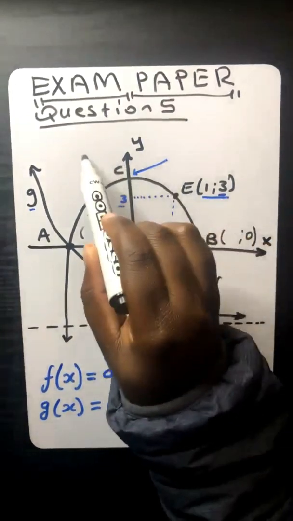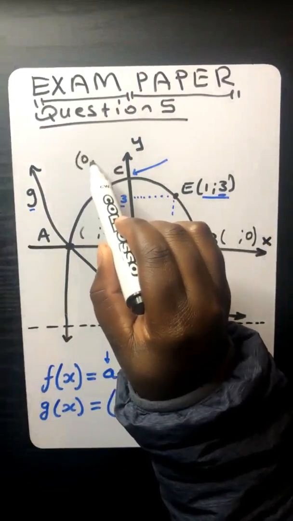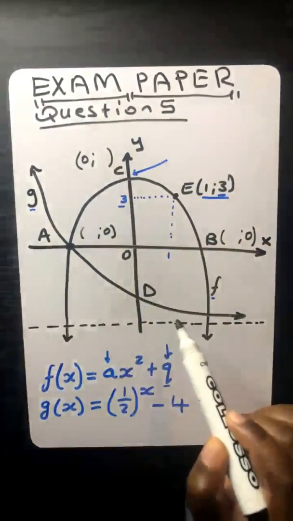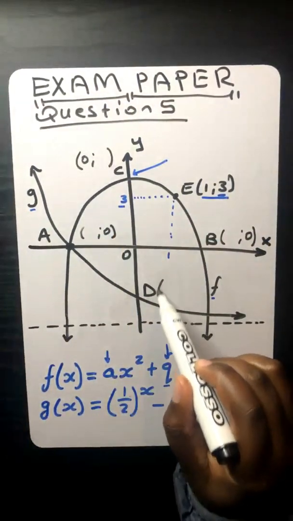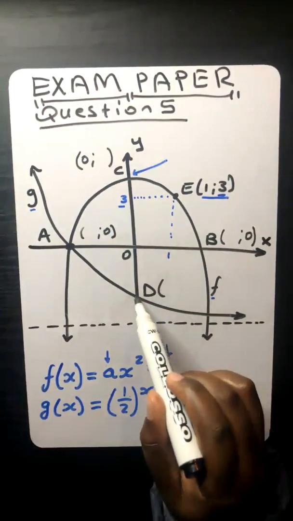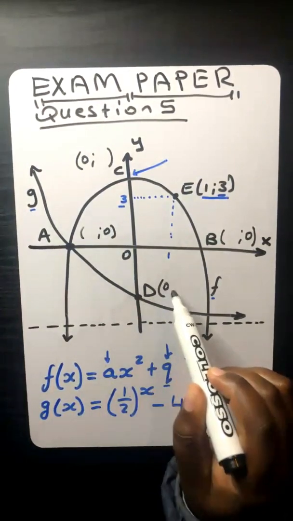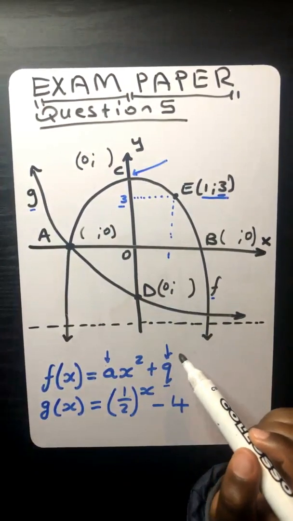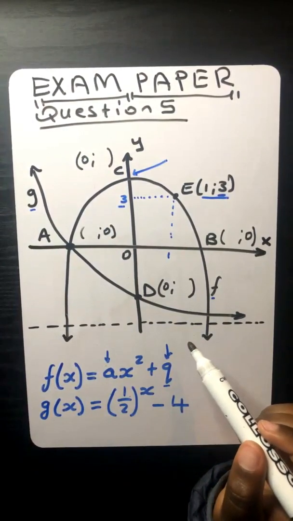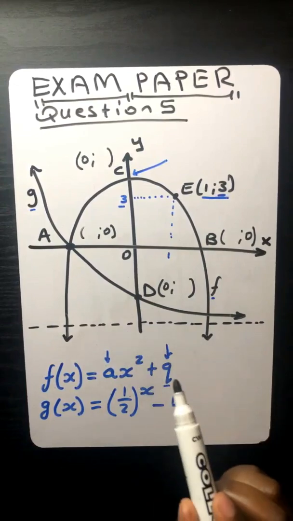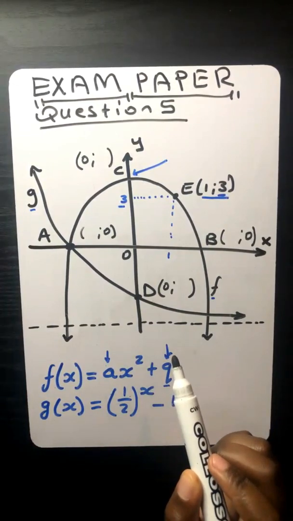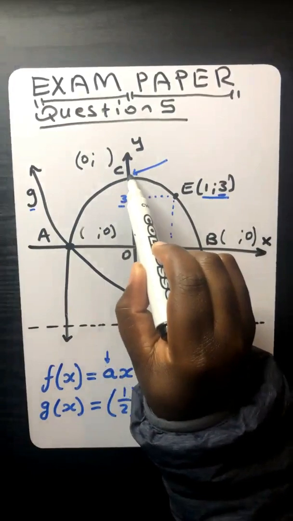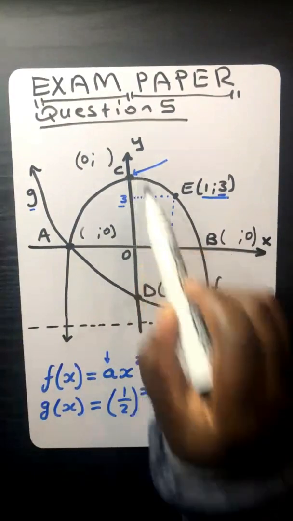Then for C, we know that at C, x is 0. We are just not sure of the y value. And then for D, what do we know, guys? We know at that point that x is 0, but we are not sure of the y value. So that means every time the question talks about C being that point, you must consult with